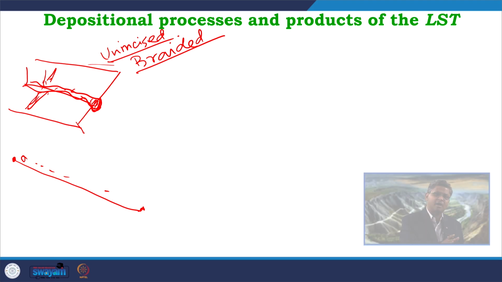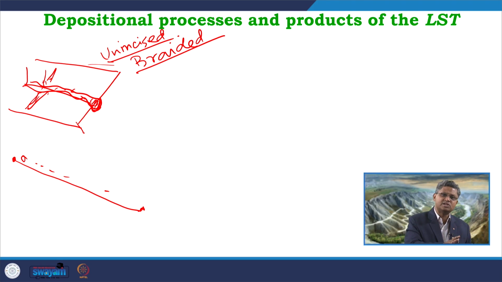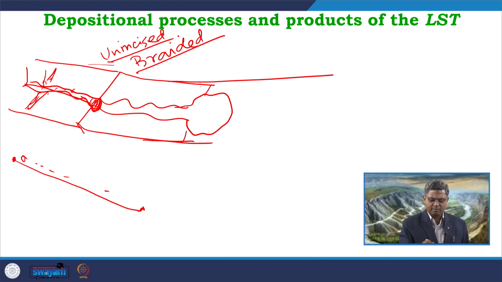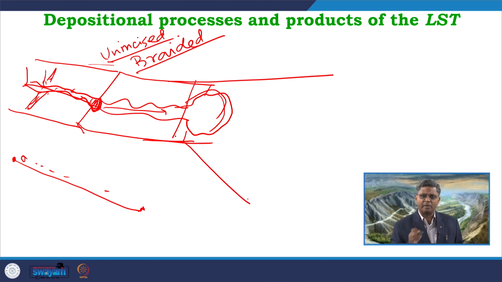However, this is not part of the marine system, this is entirely the fluvial system, but it has a connection with the base level change occurring in the marine part. So, if I continue this into the further marine part, where this river system is continuing, it is forming a delta now, because it is reaching over here, the sea level is somewhere here, and the sediments carried by the river are now dumped in this area. Maybe this is initially the shelf edge or shelf slope break. So, at this point these sediments will be dumped.